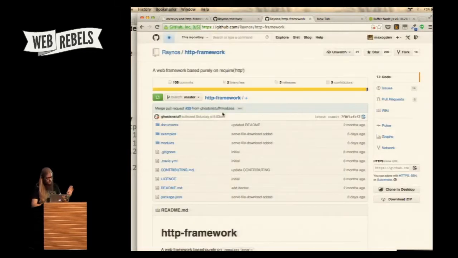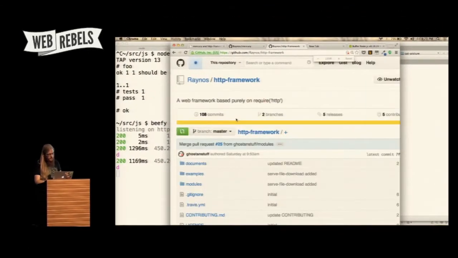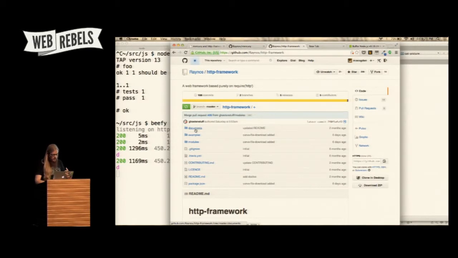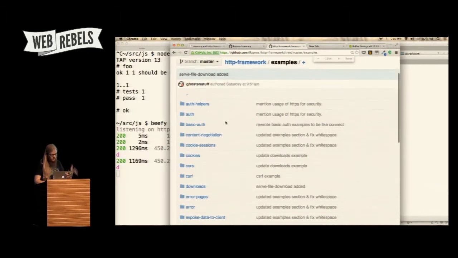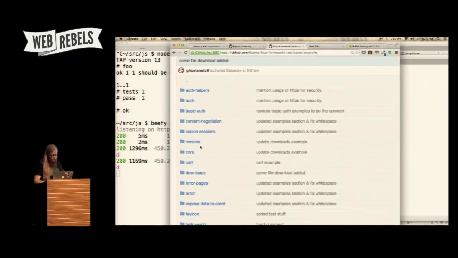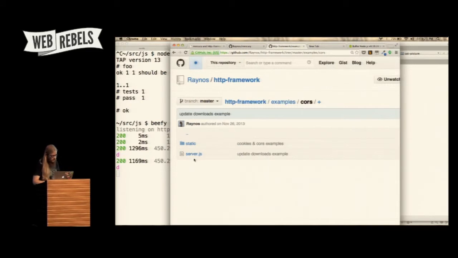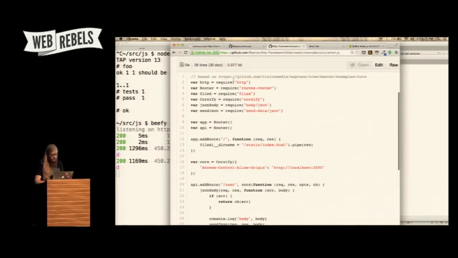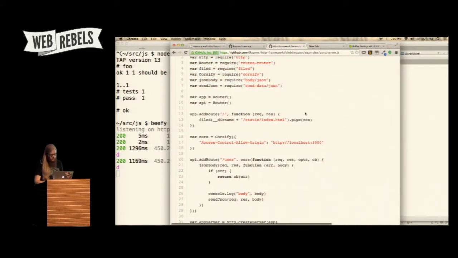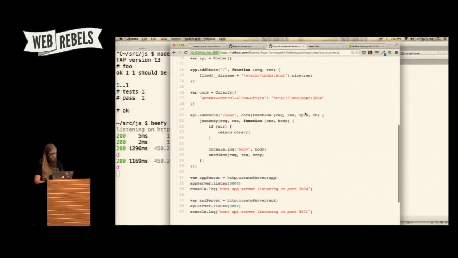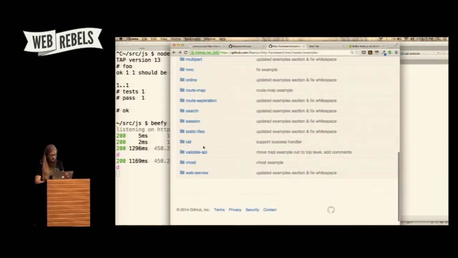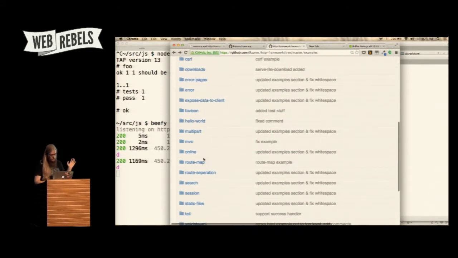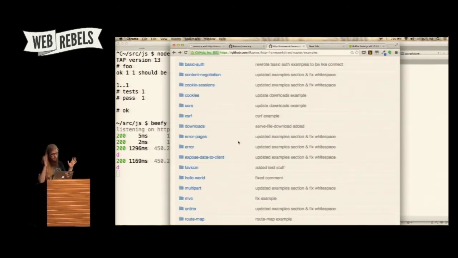So what I love about HTTP framework is it takes the Express.js examples, and he shows you how to use simple Node modules to achieve the same exact things without having to require all of Express. So for instance, if you want to do cross-origin resource sharing, which is how to do cross-domain requests, here's how to use these 4 or 5 modules, in 37 lines of code, to do cross-origin resource sharing. If you wanted to do uploads, sessions, static files, validations, all the stuff you can do with any of the other web frameworks, but you want to use only the best tools for the job